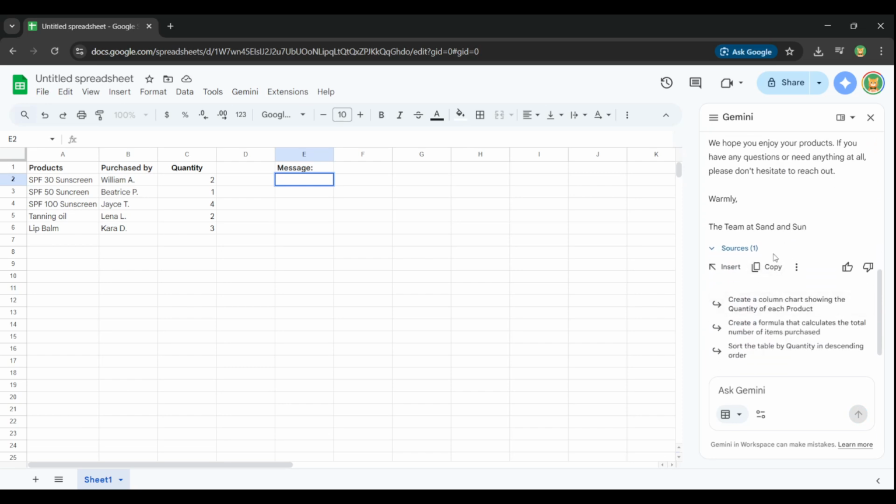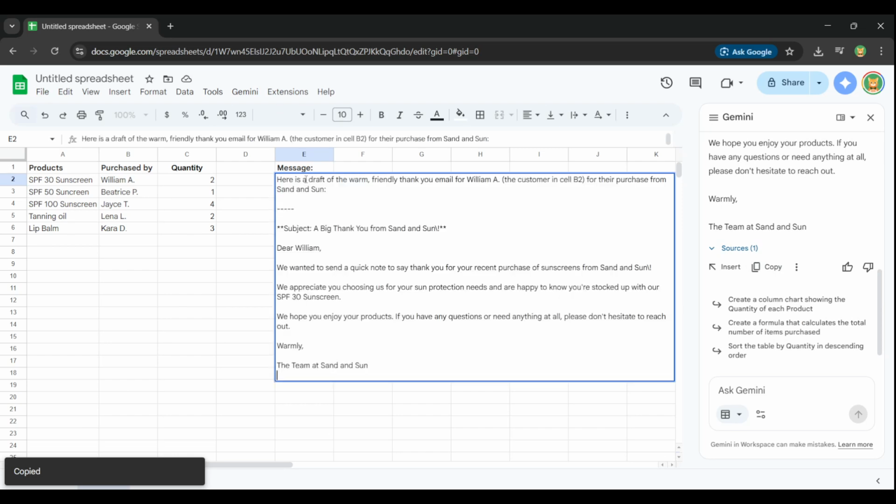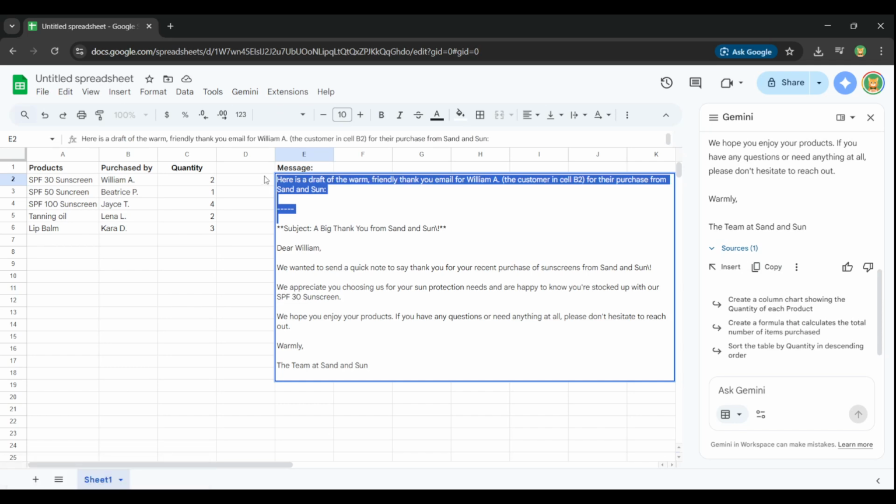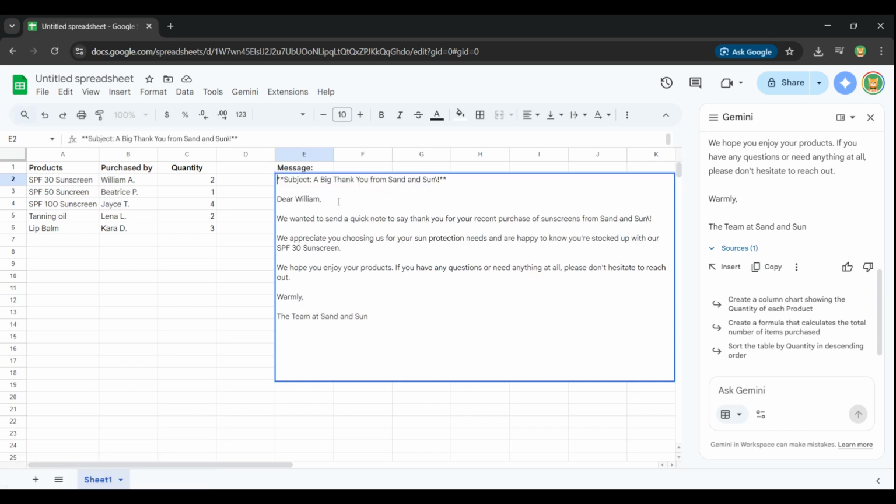When the content looks good, click Insert. The text will drop right into your selected cell or the appropriate place from the side panel. If it's longer text like an email, you can expand the column or turn on text wrapping so everything is easy to read. From there, you can copy it into your email client or keep it in the sheet as